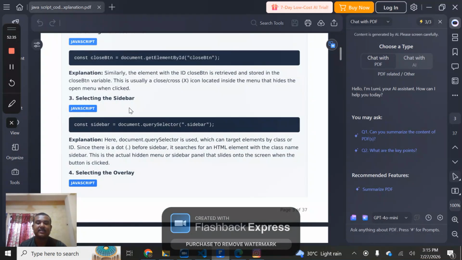And what is selecting the sidebar? Here document.querySelector is used, which can target elements by class or ID, since there is a dot. There is a dot in .sidebar. So what do you mean by this? Before sidebar, it searches for an HTML element with the class name sidebar. Means sidebar is the class name in the HTML code. So this is the actual hidden menu or sidebar panel that comes onto the screen when the button